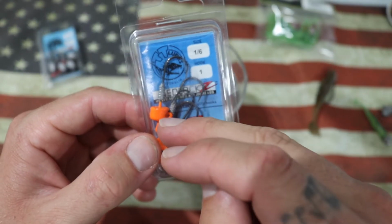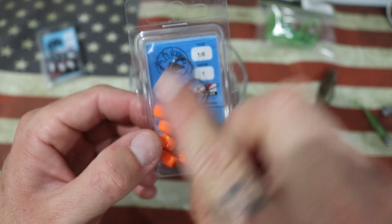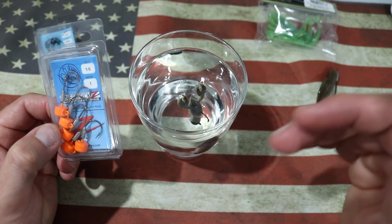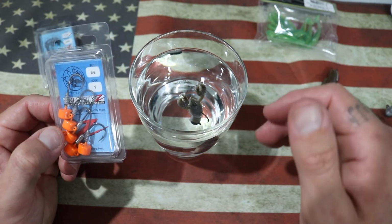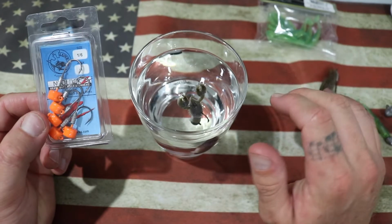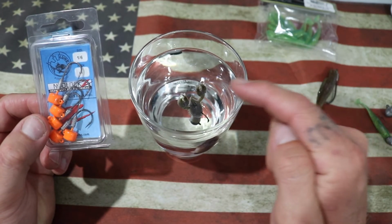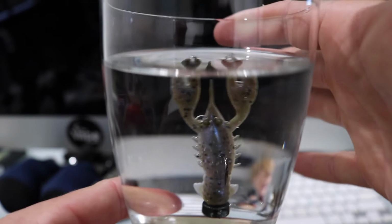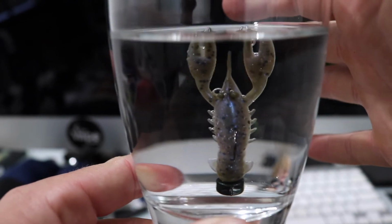Essentially it's just a flat weight down the bottom. So when you rig your plastic, it's designed for creature baits. If you're throwing a creature bait like a craw or an insect, this jig head is going to sit flat on the bottom, so your creature is going to stand up like this little guy is right here, and I'll see if I can get a better shot for you guys. So this is what it looks like, guys. It's going to sit flat on the bottom,